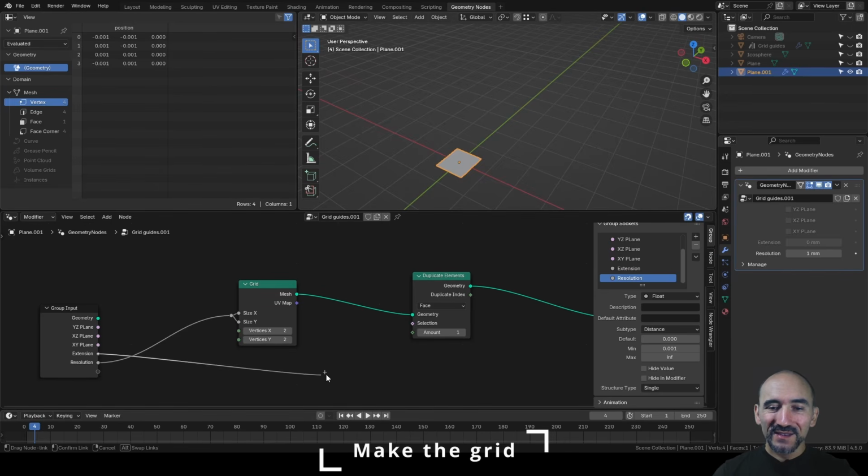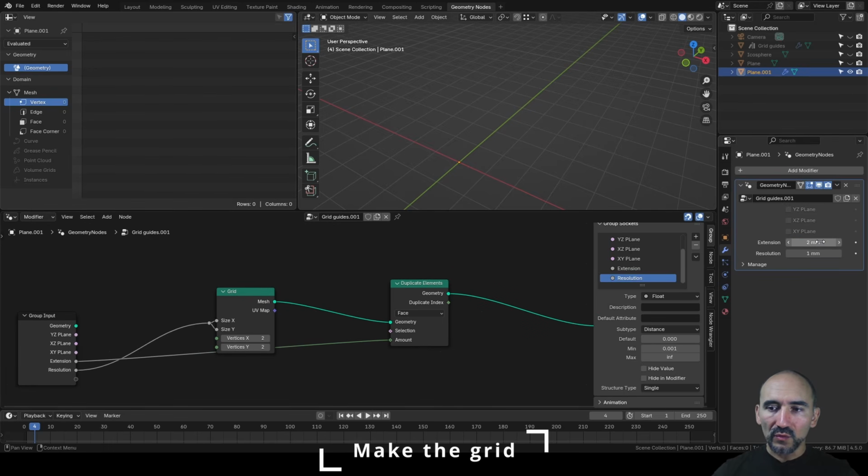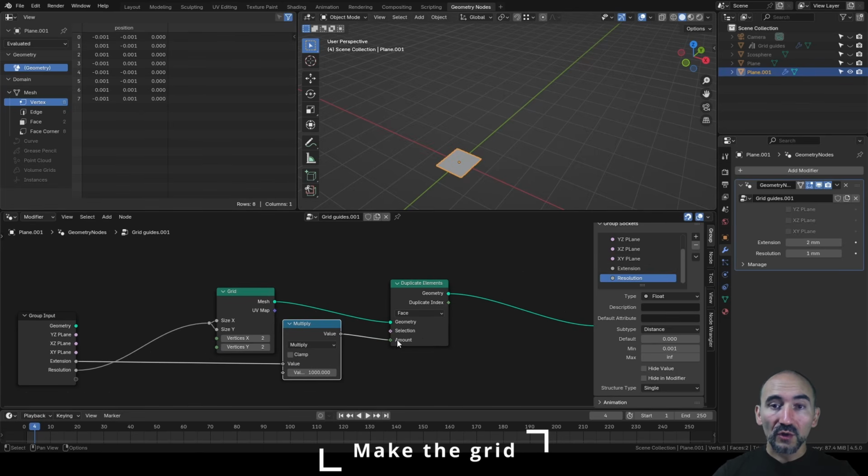Now if I link directly this extension here in the amount and try to set here 2, for example, you don't see anything. Why? Because now I'm using the unit measure of my scene, and inside our parameter you need to take care of this value, because inside Blender there is a relationship between the unit without a unit measure and the meter in this case. So the value of 2 millimeters is 0.002 in meter, or in the basic scale of the unit used inside Blender. So for this reason you need to multiply this value by 1000 to have an amount of 1, okay, so